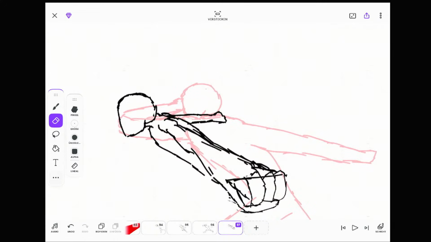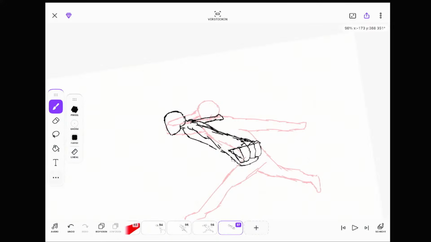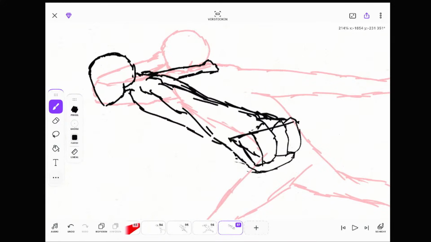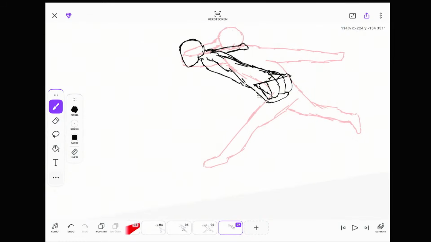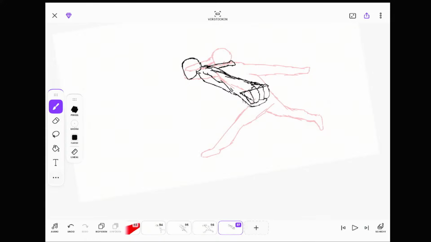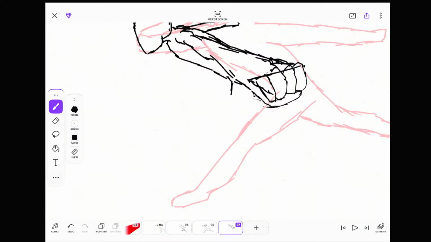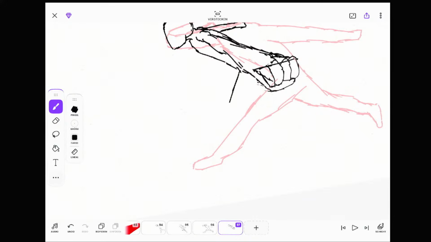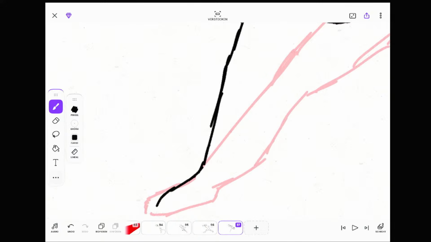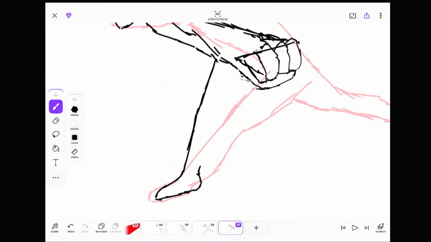And yeah, you can have the poses in your mind, or you look at some pictures, which is probably the better way to do that, because having everything in your mind is sometimes hard. With some references, there's really no shame in animating with references. You don't have to animate everything just from memory.